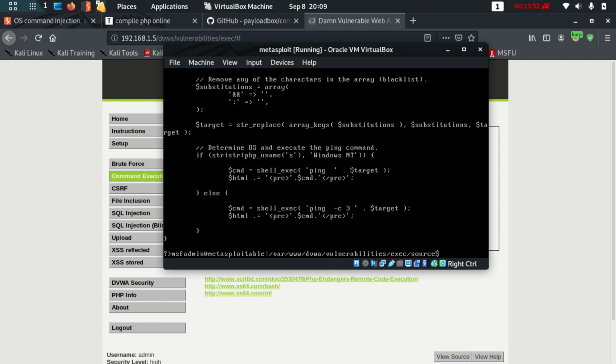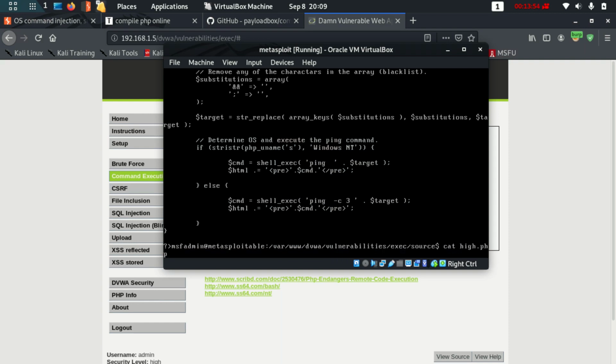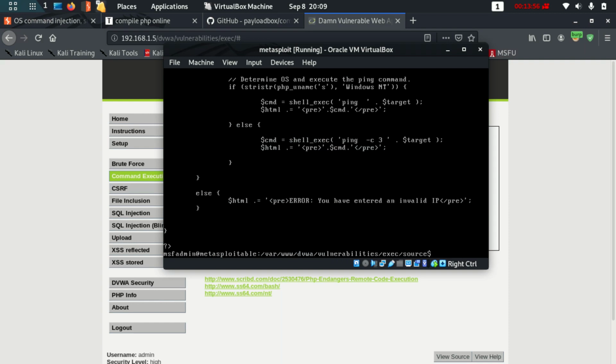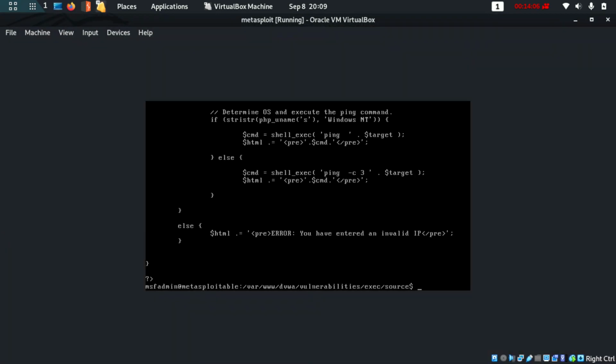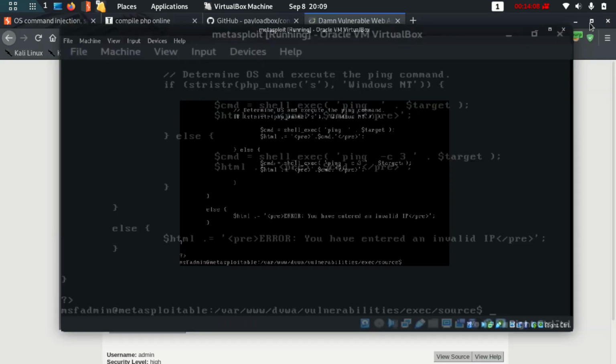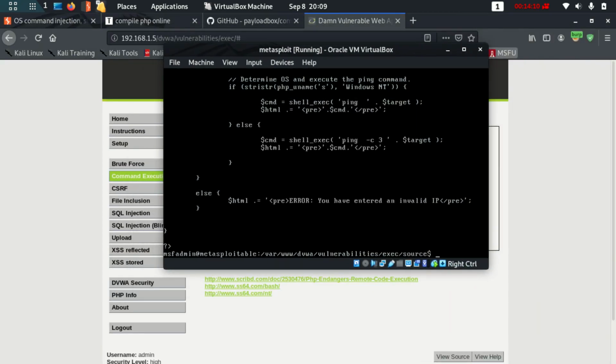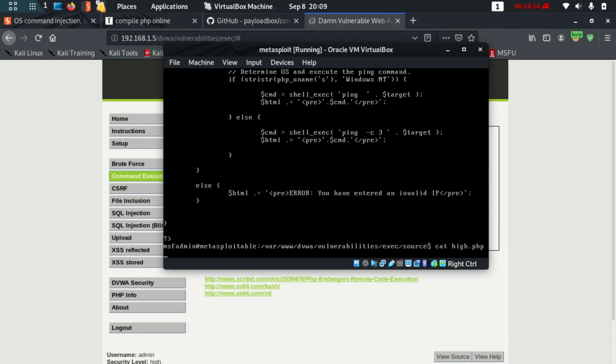So why is this happening? I'll show the source code here. It is not only filtering, where is it? So let me expand this if I can. Yeah, so this is filtering every kind of input. I cannot show this, it's not fitting properly.